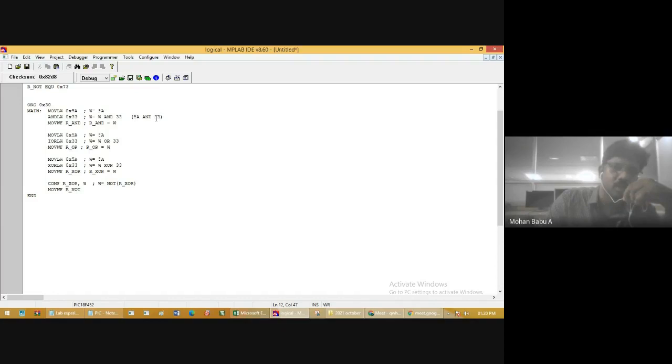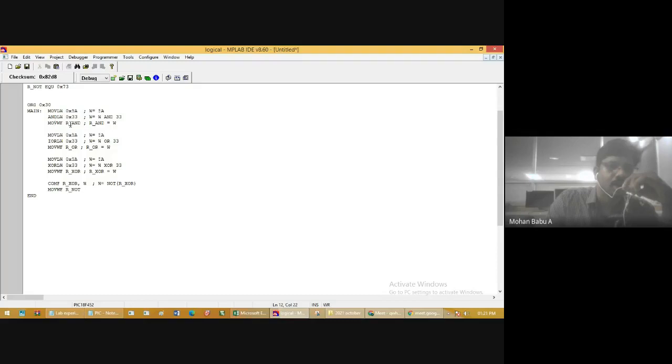Convert these two values into binary and perform the logical AND. You know how to perform a logical AND. I already explained it in the PPT itself, refer to the PPT. After performing the AND operation, the result is stored in the working register.